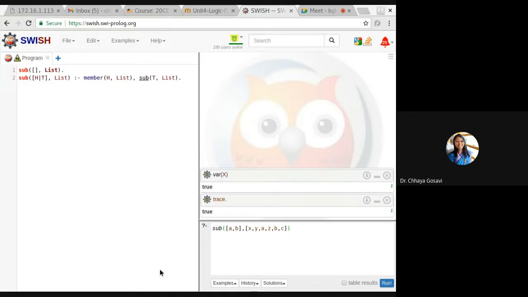Can you solve this like we solved for the append function? Think whether it will return true or false. The second list is just a list. The first list we are dividing into head and tail.